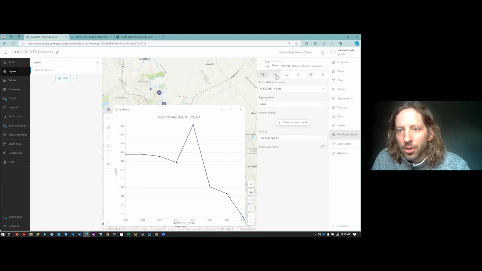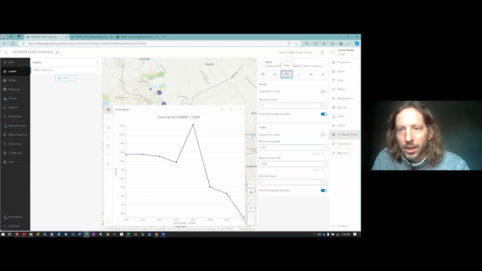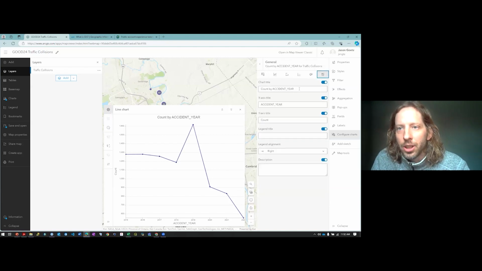And then we can also make it a little cleaner. If we go to axes, we can take away the 1000 separator. This allows us to see the year without the commas. We can go to general. This allows us to change the title. So for example,